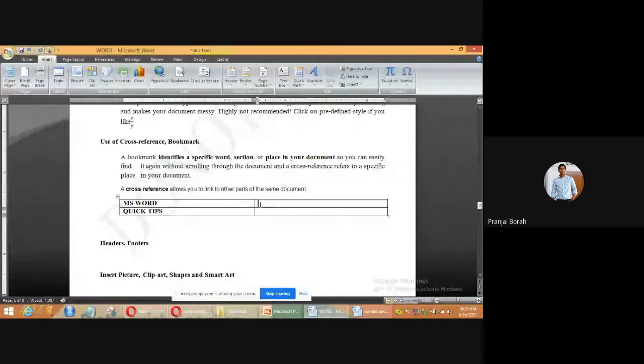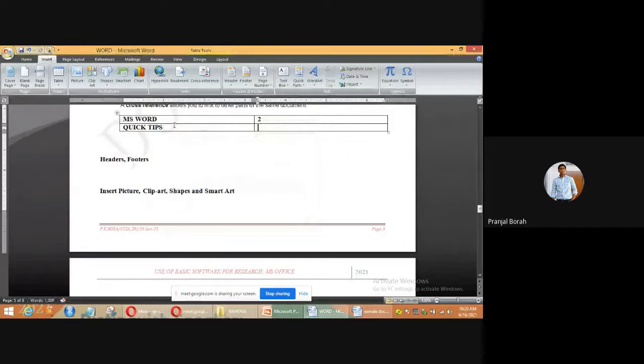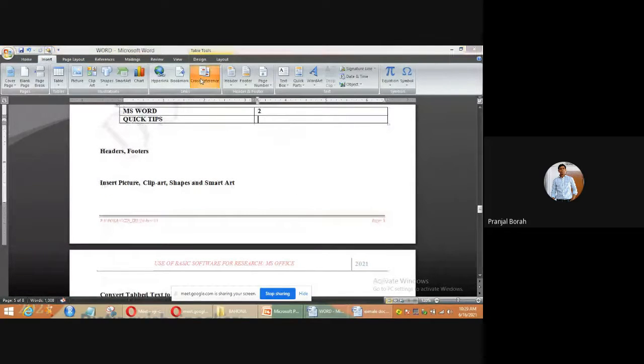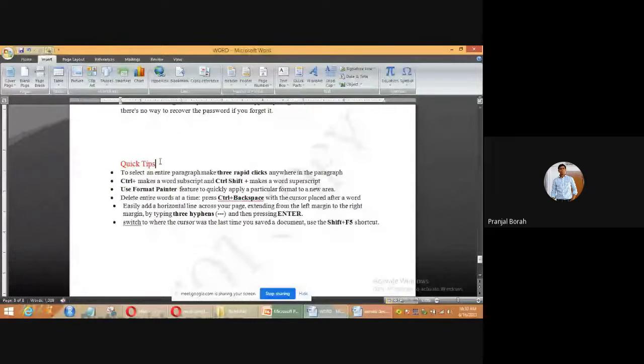So for cross reference, I will choose from the cross reference tab. I will choose the bookmark option. Automatically, you can see here MS Word and quick tips are already there. I will select MS Word, and from the insert reference tab, you can select the page number. Okay, insert. Similarly, you can see here MS Word in page number 2. Similarly, you can select the quick tips option and insert. So quick tips in page number 8. Okay. So this is how you can add